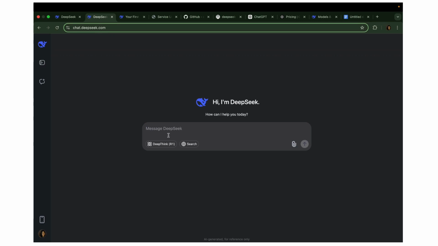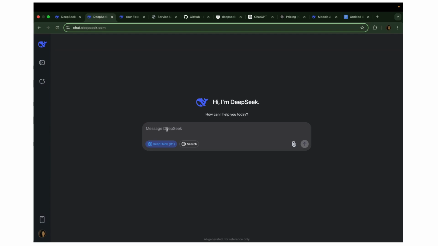Once you click on Start Now, you'll get to this page, which is chat.deepseek.com. Once you've landed on this page, you have to explicitly select the DeepSeek-R1 model to use the reasoning model, and you can give math, coding and logical reasoning questions to evaluate this model, and we're going to do that later in this video. But let's talk about the other method that we have for